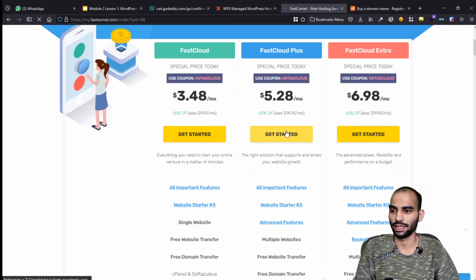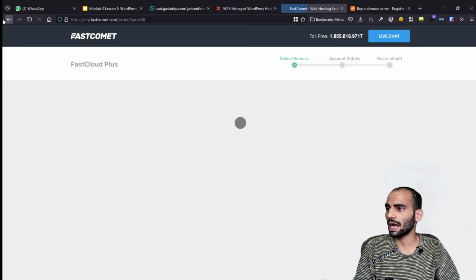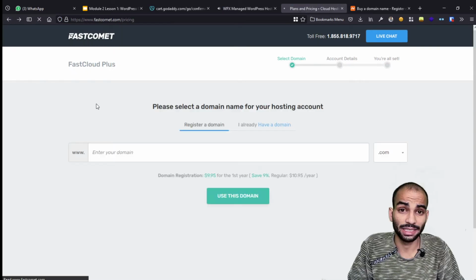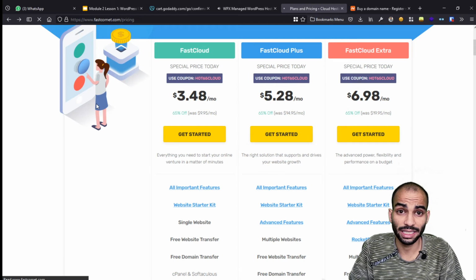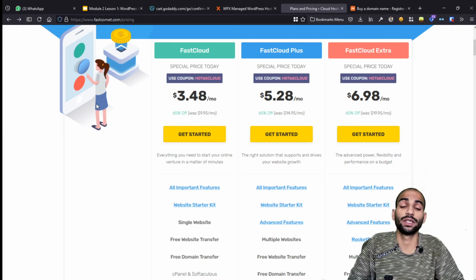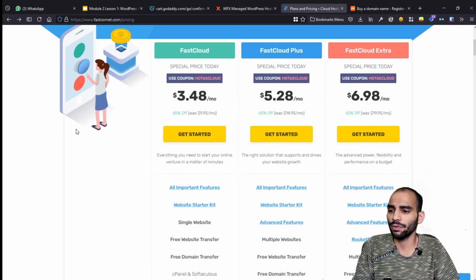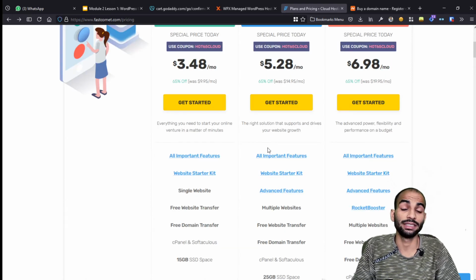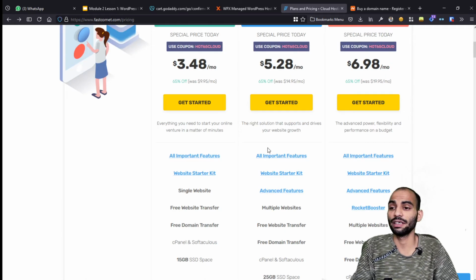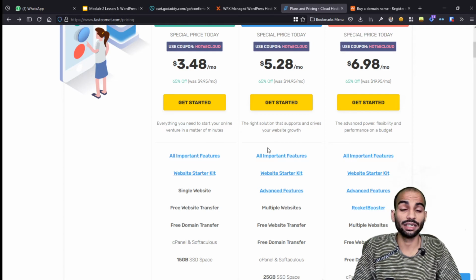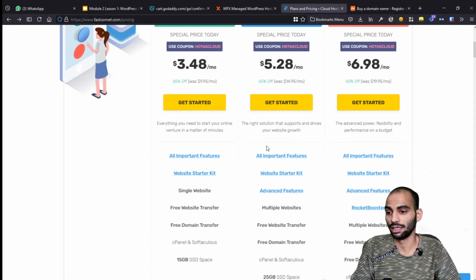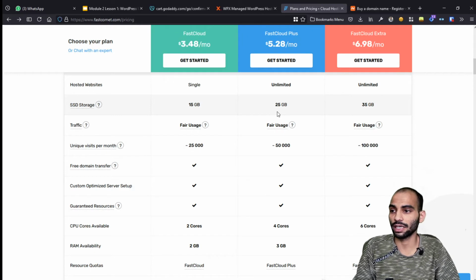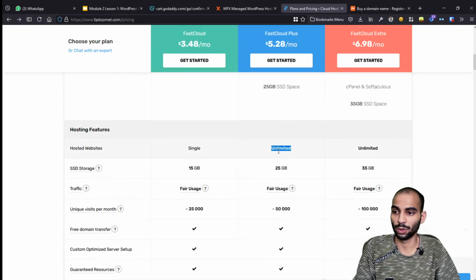Now before I continue, I want to explain some of the things that you should consider while buying your domain and hosting, specifically hosting. A lot of hosting providers will promise that they are giving you unlimited websites, unlimited storage, unlimited bandwidth. So do not believe all of that. It's just not true. There are a lot of limits even in unlimited hostings. You cannot host unlimited websites.